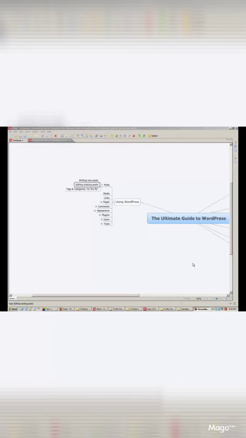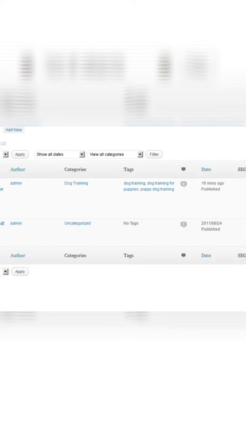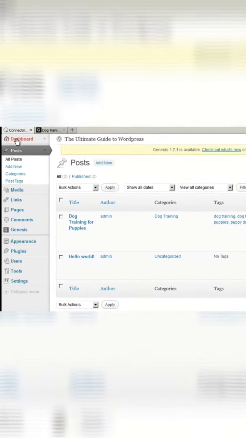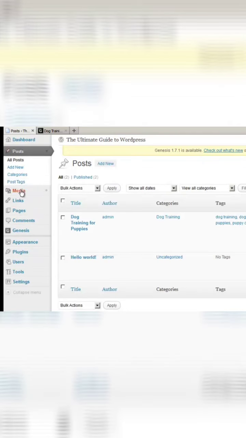Okay, the next step we take in using WordPress as far as posts go, we just finished writing a post, so now we're going to go back and edit it. So let me show you how to do that. From your dashboard, you click on All Posts, and then see how once you hover over the title of the post, a submenu comes up. Click on Edit,